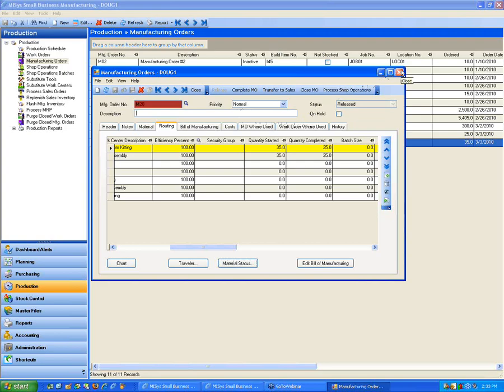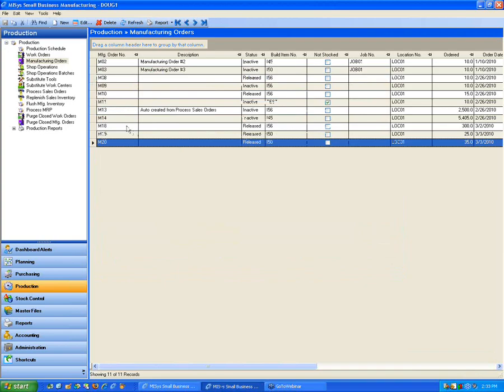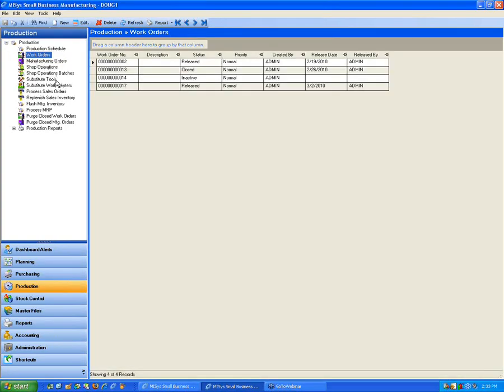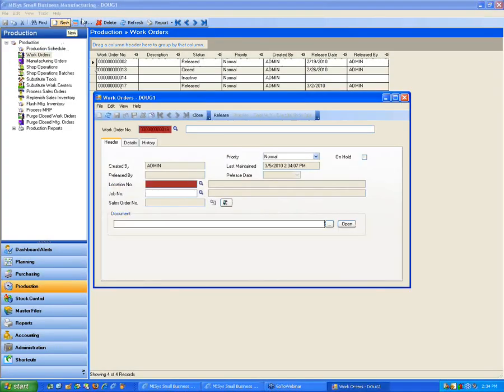So that's manufacturing orders. Let's talk about work orders and how they relate to shop floor control. Now work orders are totally new in SPM. What we do know from the past seminars is work orders can now be linked to manufacturing orders. Now, what I'd like to show you is if you manually create an MO,